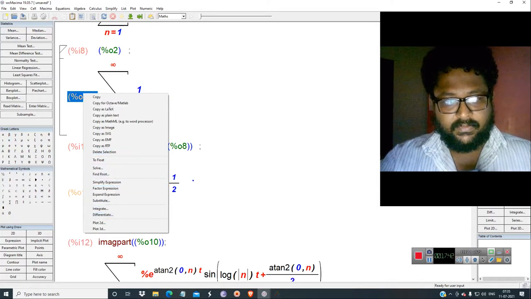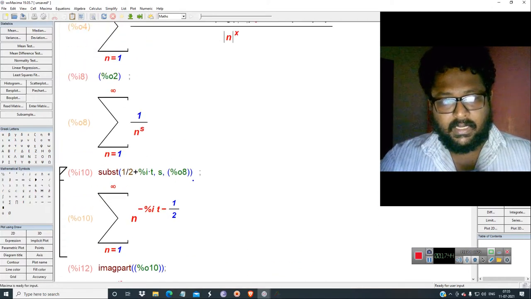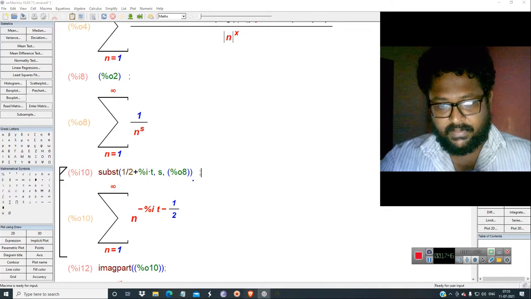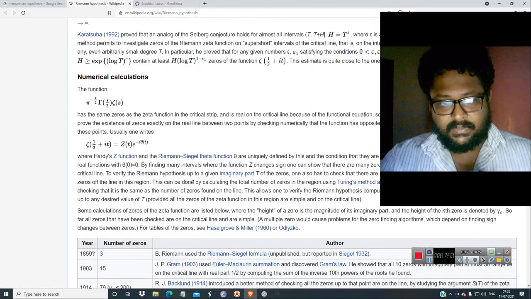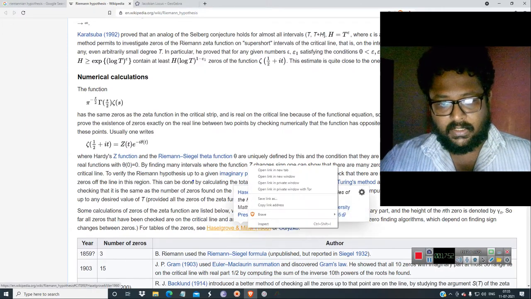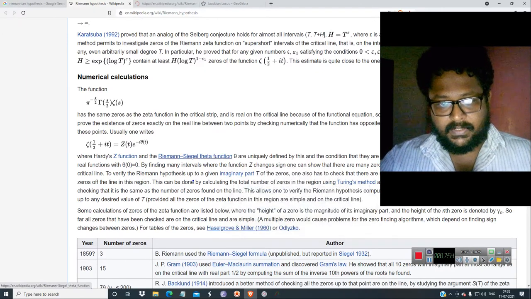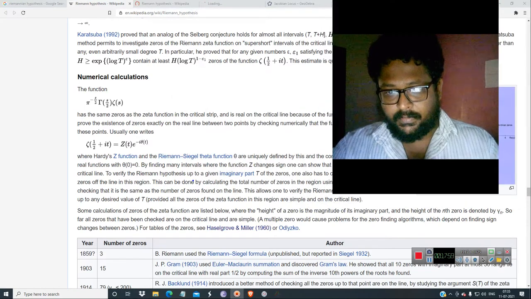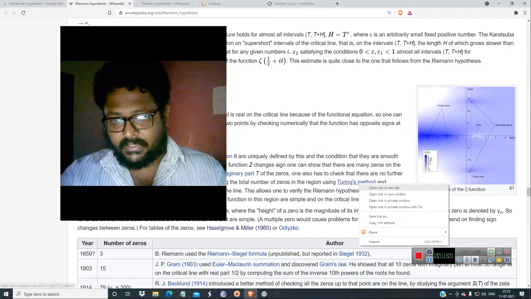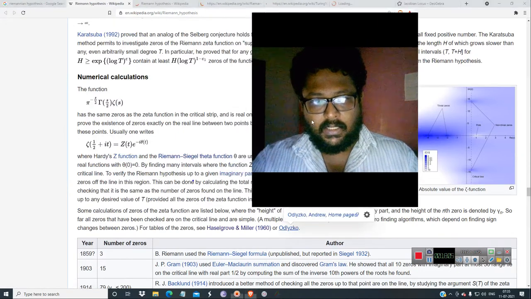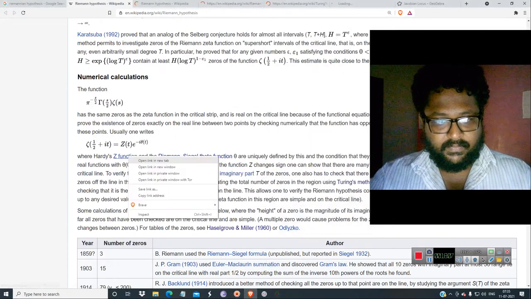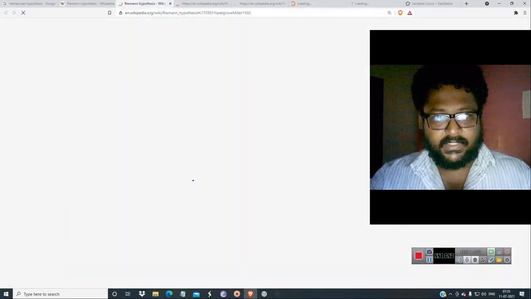Differentiate with respect to s, and we can use a Newton-Raphson method for that. I will tell you how. These are the numerical methods to find zeros. There is also Miller's method, Siegel theta functions, and the Turing method. Using the Turing method you can also find them, or Volcado's method. Lots of methods are there, Z functions and lots of other functions and methods.